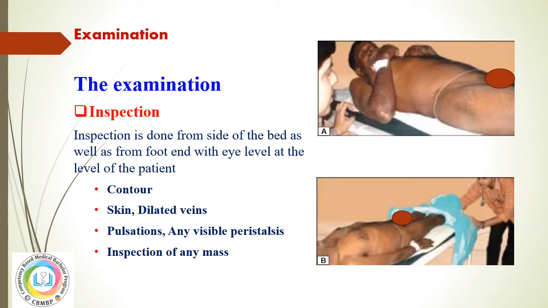نبدأ في الإكزامينيشن. والإكزامينيشن of the abdomen should pass through the 4 classical steps, which include inspection, palpation, percussion, and auscultation. At first, inspection is done from the side of the patient and from the foot end of the table. During inspection, I should inspect the contour of the abdomen, vertical contour from the side and horizontal contour from the foot end of the table,